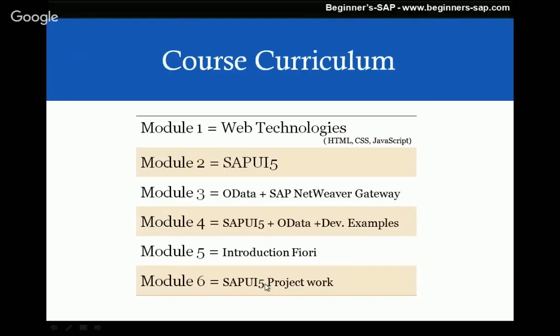Okay. The basic reason why I developed this course is two things, guys. A lot of people, freshers particularly, in our beginners SAP Facebook group have been saying we're not finding any jobs. And frankly, finding a job doing only basic ABAP is really tough. There was a time when you could find jobs with basic ABAP. Now it's very tough. If you are out of college, you will get placed quickly, but if you are looking for a job outside, it's very tough. But this technology, which is brand new, it is considerably easy to find jobs.